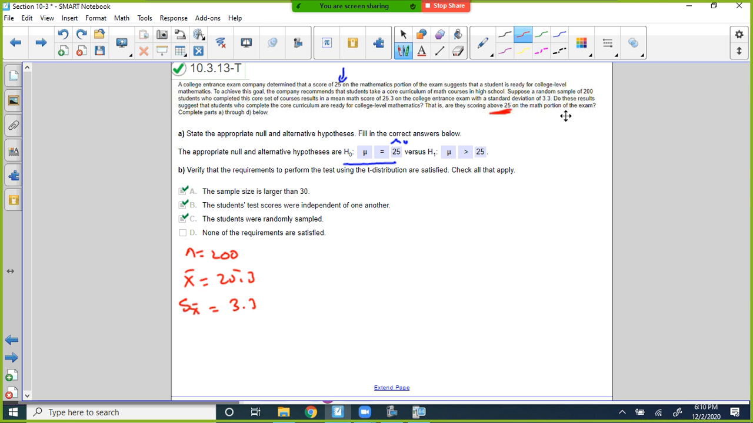Y'all see that? They didn't say it's not equal, not 25. They didn't say it was less than 25. It said above. So this would be a right tail, which means the mean is greater than what? For the alternative hypothesis, right? That's the claim that they gave us. The mean is greater than 25. It's above 25. So it's a right tail. Okay. Now, so when we draw this,